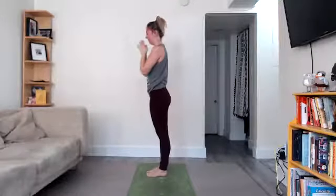Exhale, hands down. Beautiful, that's our little warm up. Hopefully that got your blood flowing. We will now hop into 26 and 2 yoga. Come to the middle of your mat space with your feet together, toes, heels touching nicely for 2 sets of